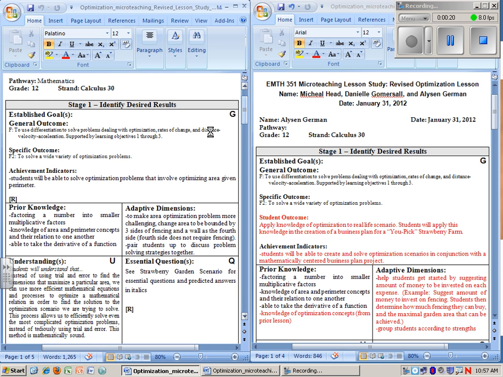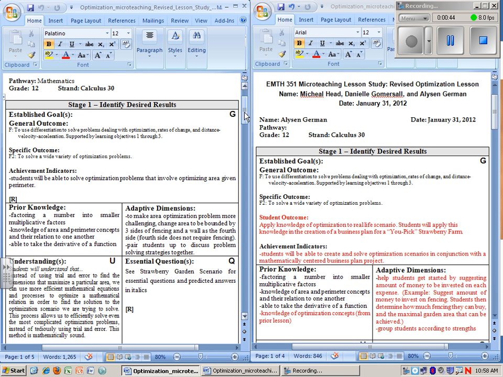It was my lesson, and it was for a grade 12 calculus 30 class. It was basically a lesson on optimization. What I wanted to do initially was create a real life scenario in which students could use optimization.